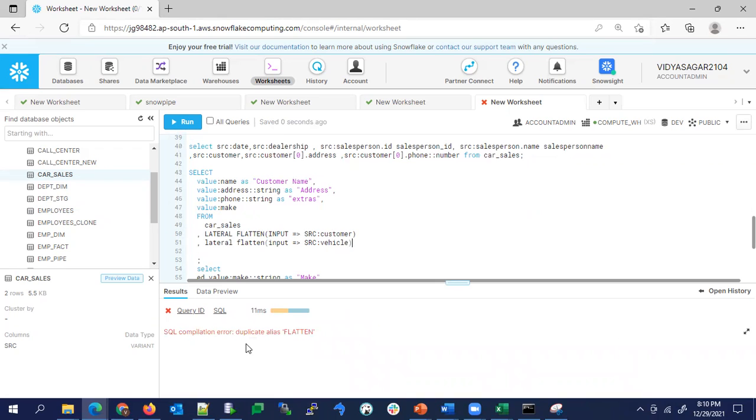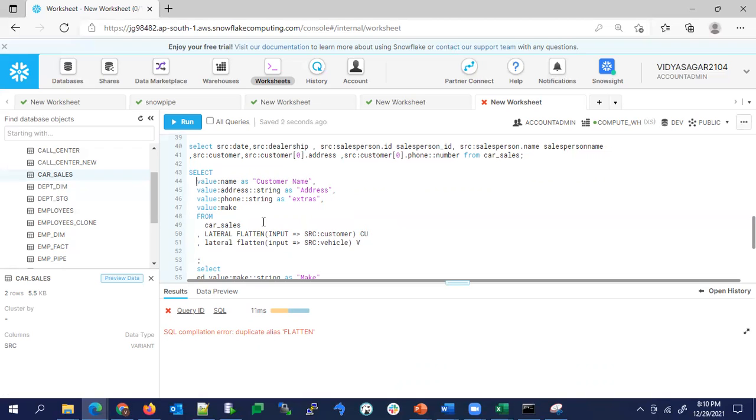It is saying duplicate aliases. You are reading multiple flattens, so consider each as a table. I can give the alias customer here, and here I can give vehicle.